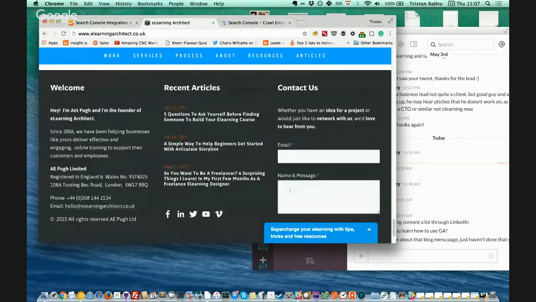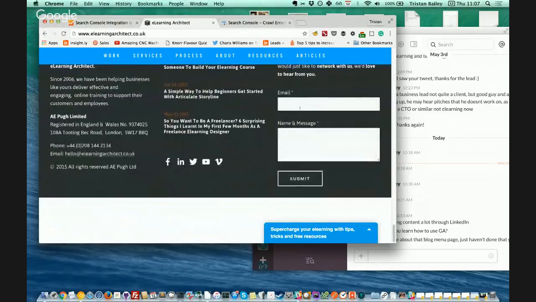We've got some good stuff going on at the bottom. So this is a conversion. So we'd want to tag it. Now it's hard to do forms that are on every page. So what you have to say is this is the thing we want to know about, and we want to see